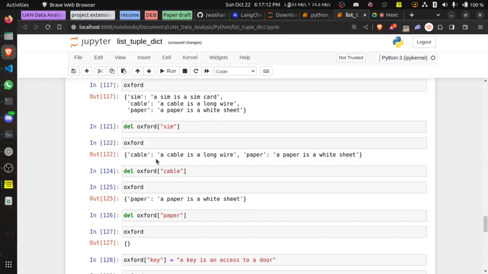A list is with a square bracket. A tuple is with a curved bracket or parenthesis. Your dictionary is with a curly bracket. I call them curly brackets, though I think I also called them curly braces. You could hear it as curly brackets or curly braces, but I choose curly brackets. That's where I see it. So those are the different operations that can be performed with a dictionary.